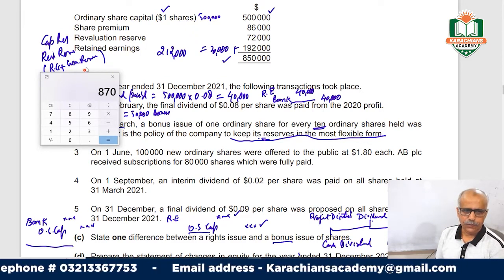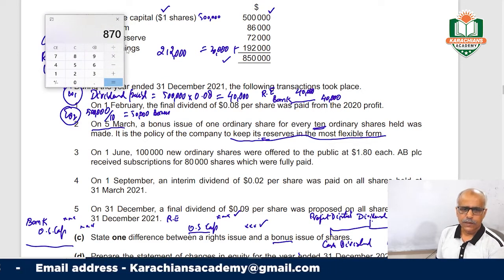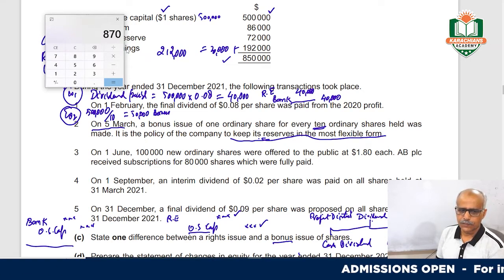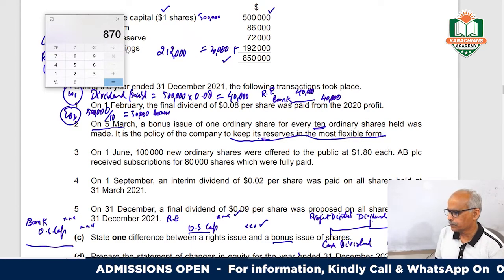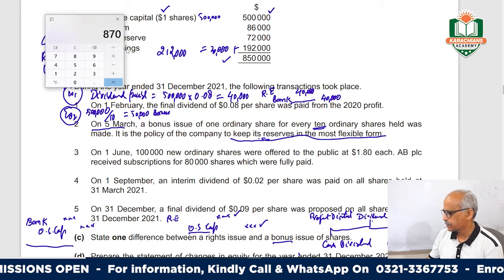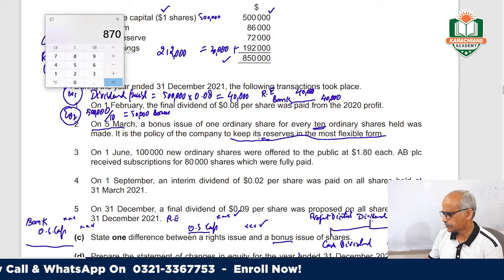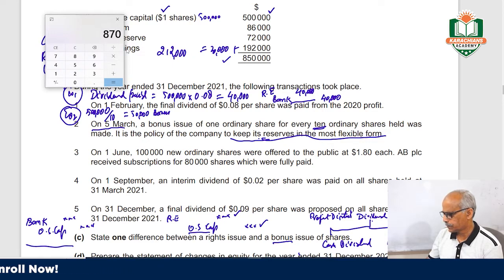So what we will do, bonus 50,000, on March 5th the bonus issue of 1 for every 10 shares was held. Okay, it is policy of the company. So we will make this from, just 1 minute, let me see the question. Just 1 minute. Okay,